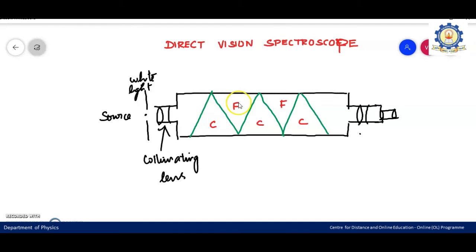Here the angles of the prisms are chosen in such a way that the total deviation produced for the mean ray is usually 0. That is, del y is 0. What is this del y? It is called the mean ray. Total deviation for the mean ray is 0. The refractive angles of the crown and flint glass prisms are in opposite directions, like earlier, the same way.